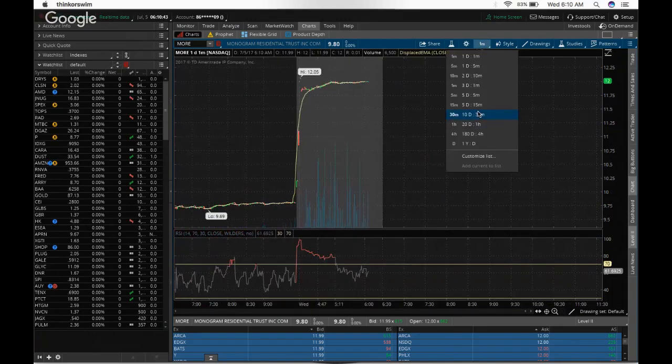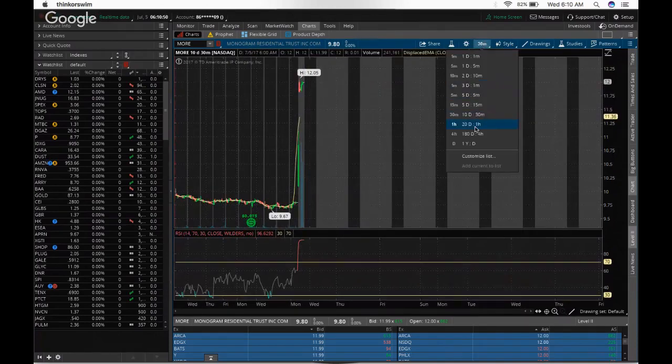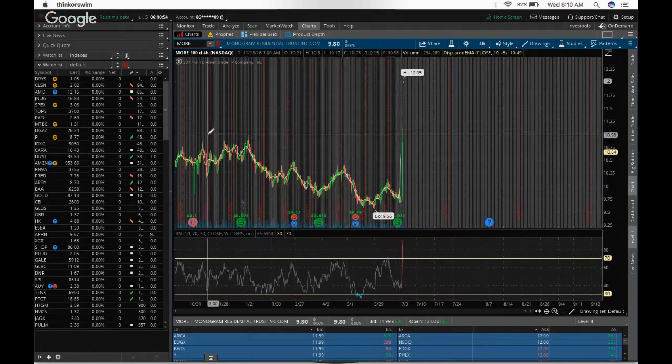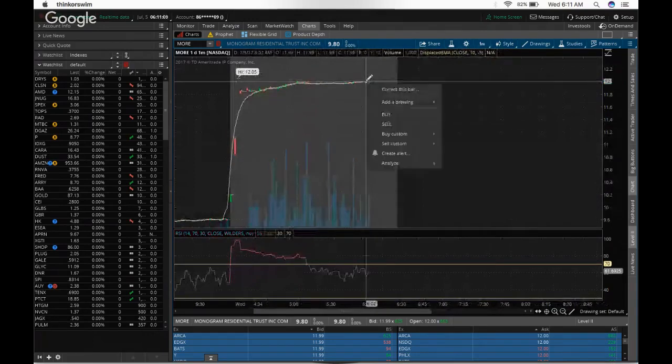So let's take a little bit of a step back. It is very overhyped, so you may want to make sure you don't ride it all the way down. I'm going to continue scanning because this is kind of an extreme example. It looks like it previously had a resistance at like $10, but this is up to $12, so it's a little different, but we'll go ahead and set our alerts on this one. I'm going to go a little closer to the 1 minute, and I'm going to put when it goes above,